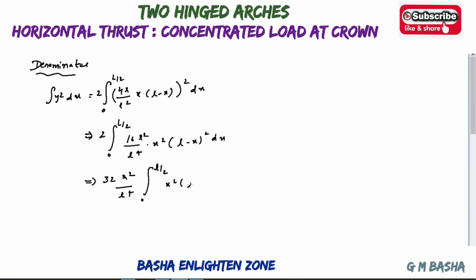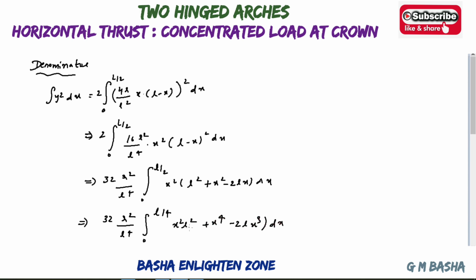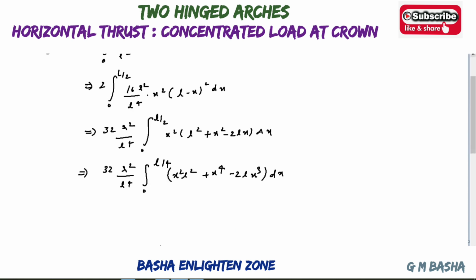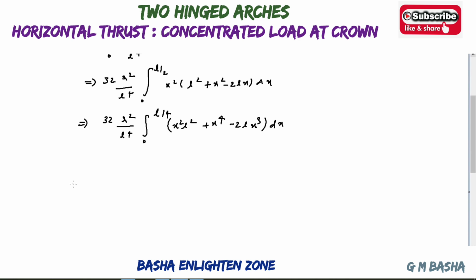x square L square. It is of the form (a minus b) whole square: L square plus x square minus 2lx, into dx. And again simplify this step by step. First simplify and then only you can apply the integration. x square L square plus x power 4 minus 2l x cube dx. Then again simplify this one,